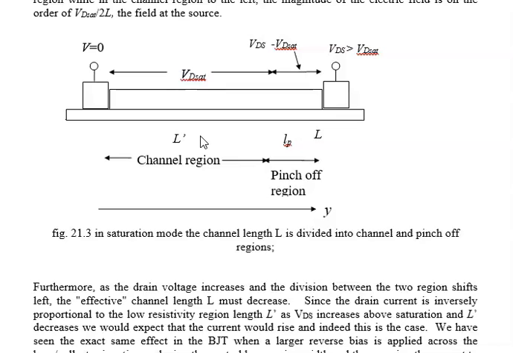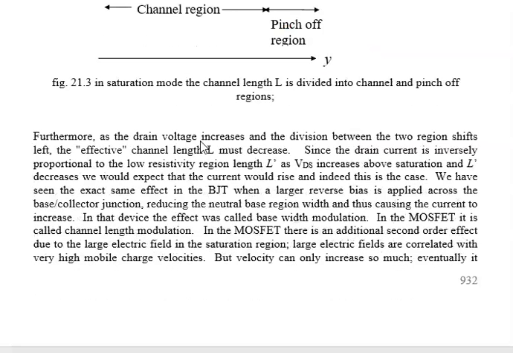And the reason is, well, it should be fairly clear if we think about it. The voltage is now dropped across a smaller distance. So the electric field gets bigger because the electric field is just the voltage divided by this distance L prime. So if L prime gets smaller, the electric field gets larger. Electric field gets larger, the current gets larger. Exactly the same thing that happened in a BJT. The neutral base region shrinks and the current went up.